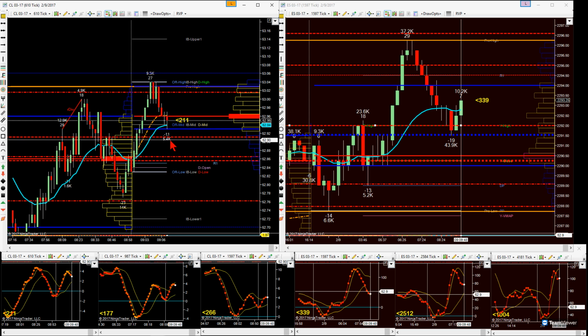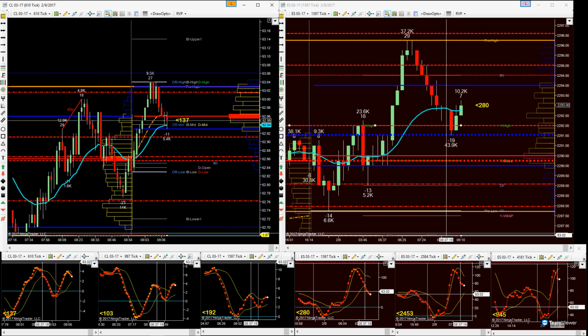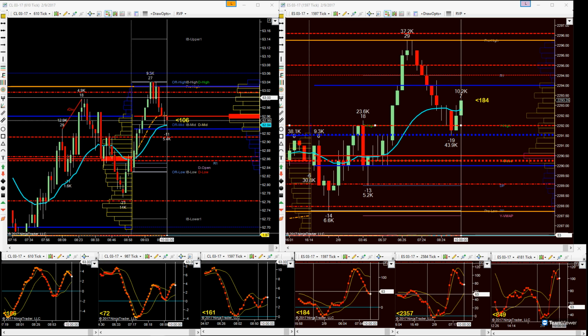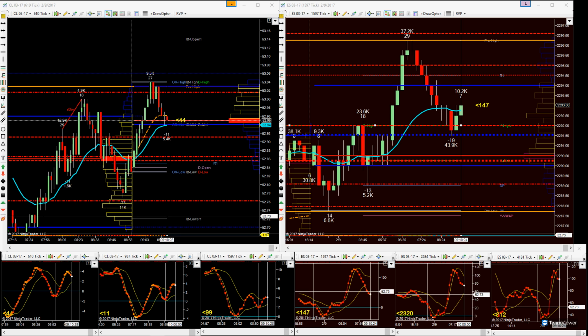Still testing the middle of the day, below VWAP right now. Kind of stuck between this 21 EMA and the VWAP. I think the setup I'd rather see right now is the failure, retest failure at the overnight high, allowing us to come back down. Show that again. Retest failure at the overnight high. You can see my crosshairs when my mouse is on another screen, allowing us to come back down into yesterday's range, which is